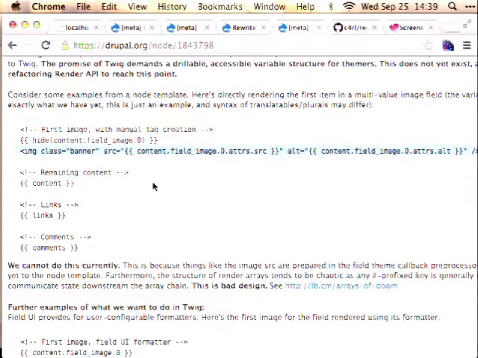We can't do this yet. I would love to be able to do this. But you're going to have to set up that source in a preprocessor and then pass it to the template. The reason we can't do this is, bear with me here,